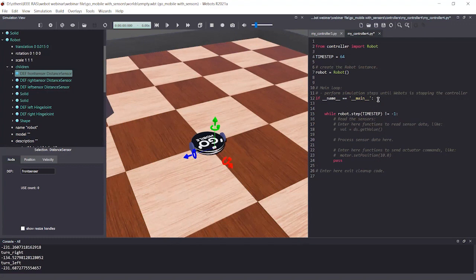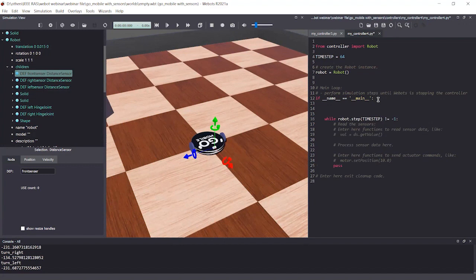So first I need a right motor, right? So let me create a variable called right motor, and this variable represents our right wheel motor. And obviously you are correct, we need a left motor. So how do we assign this variable to this wheel? Let me create this.